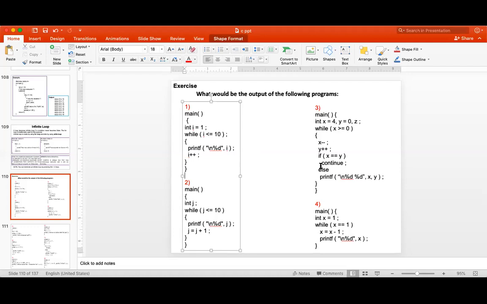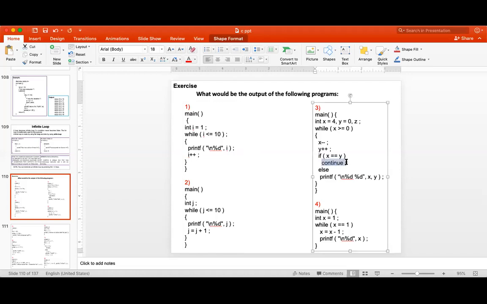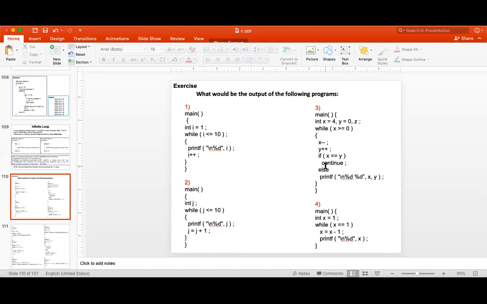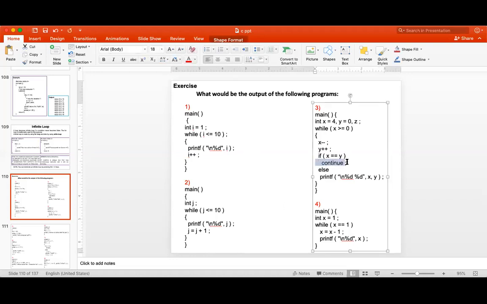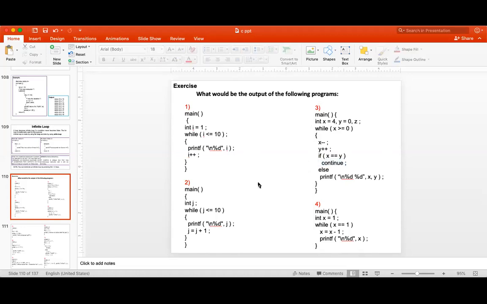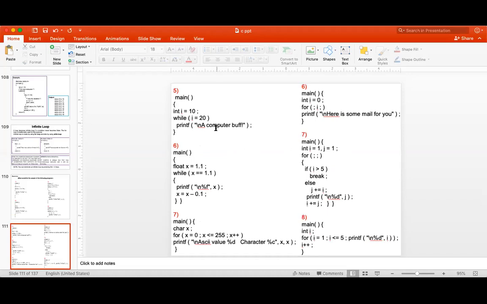Skip the third one, because there is a continue statement in it, and I have not taken continue. So you can solve 1, 2, 4, 5, 6.